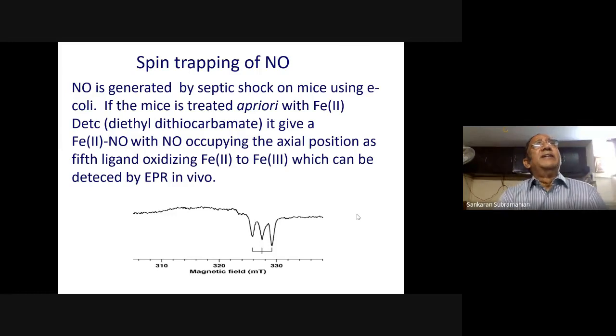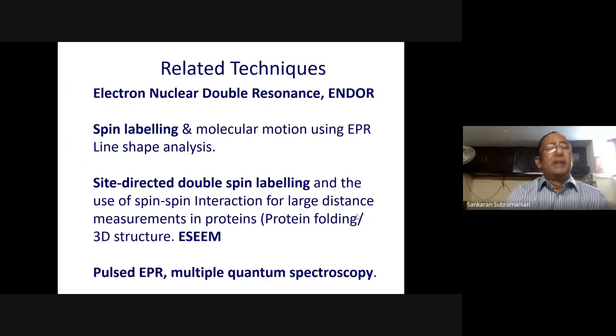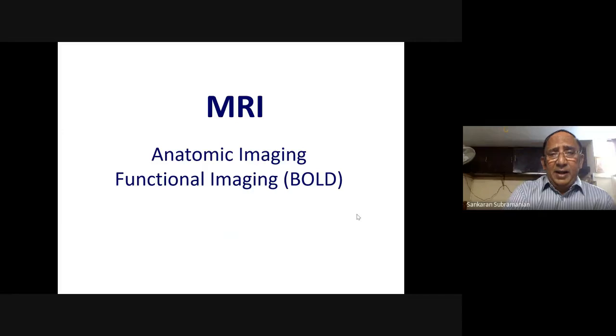By injecting the spin trap into the animal, putting the animal in a low frequency machine and generating the radical, and studying them with respect to what is the generation, what radical was generated, what is the quantity of it, etc. So a large number of free radical in vivo reactions can be followed by low frequency EPR spectroscopy and imaging. Of course, EPR imaging is a fairly recent technique. It's only been in vogue for the last 20 years. And we will talk about it if we have time.